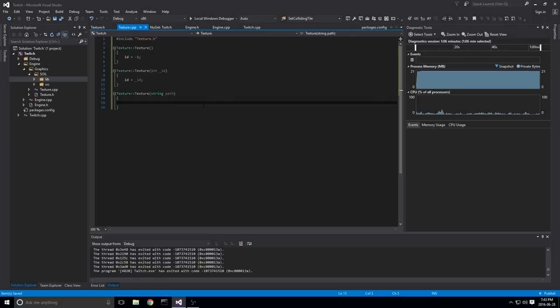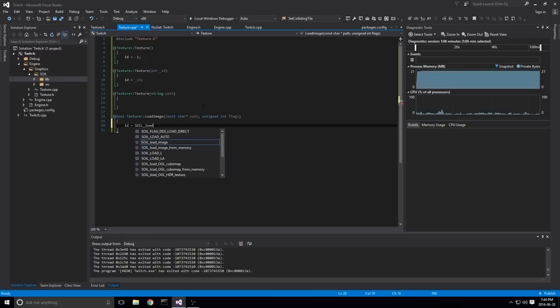Before we do anything in here, because we're actually using this path, and really this is how we're going to be loading our textures like 90% of the time, with a path. So we'll give it a path to a PNG or something, and then we'll actually go ahead and use that. Let's do our texture load image, and we'll take in again that const char star path, unsigned int flags, and we can actually go ahead and encode this now. So SOIL, again, does all of the work for us. So all we have to do is set our ID equal to whatever this function returns.